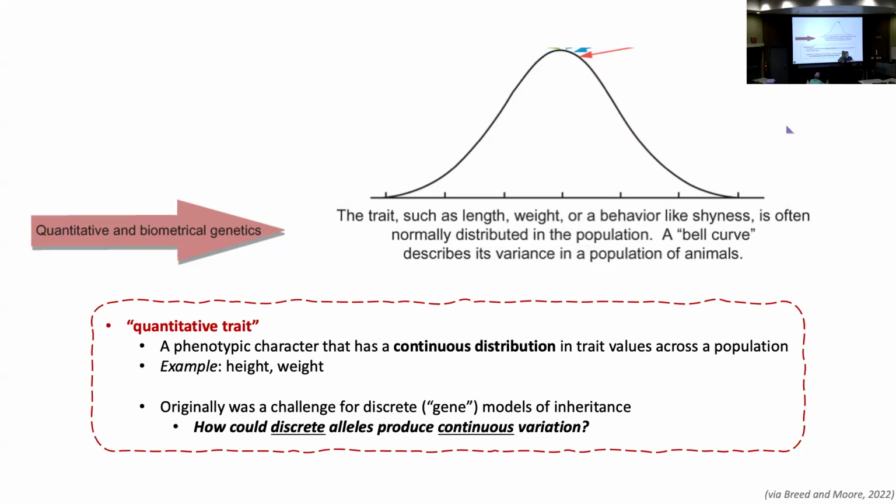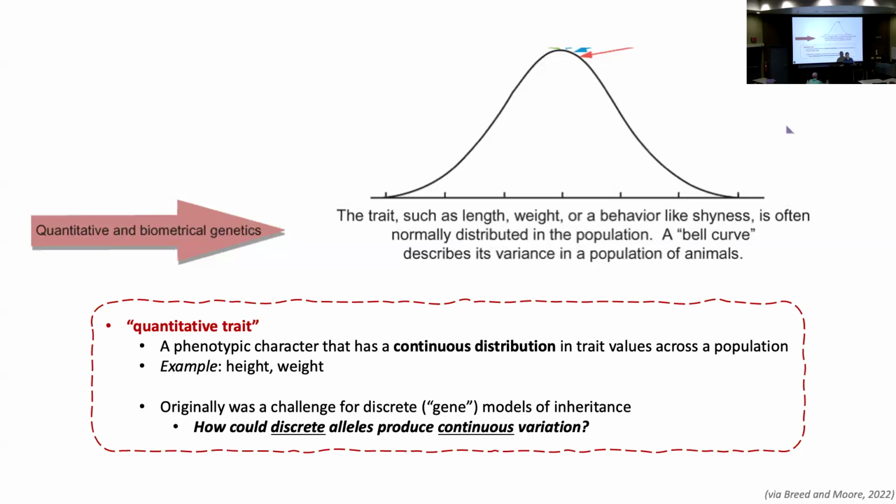Oftentimes when we're talking about genetics, like the very beginning of 340 or your high school genetics class, usually we're talking about traits either off or on. Your ears are connected or they're not. There's only 6 eye colors. We don't think about these variations, but most of the interesting traits, certainly behavioral traits, don't come